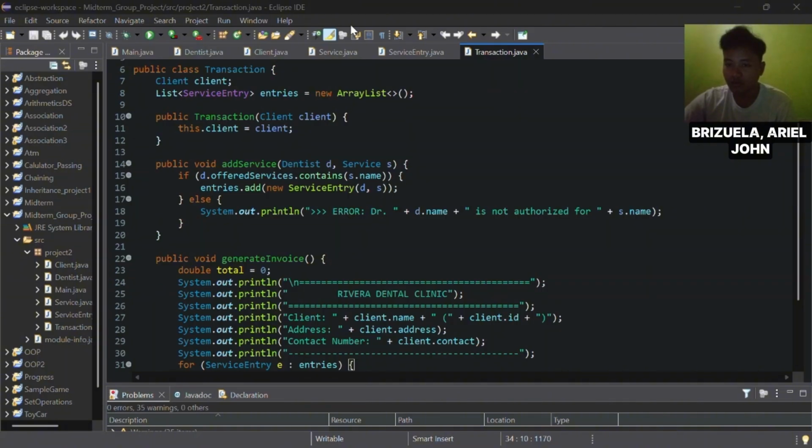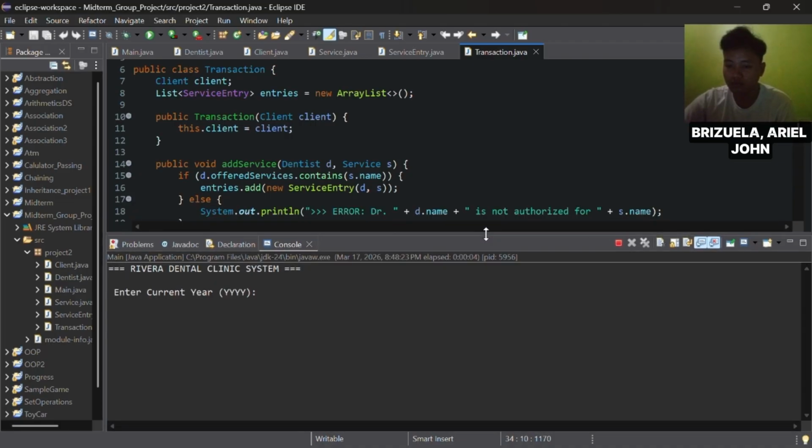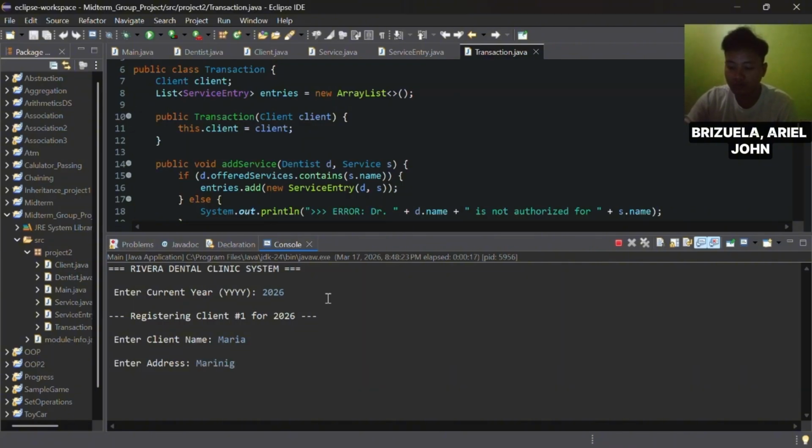So for the demo, if we run the code, it will look like this. We enter the year 2026, client name Maria, address Marinig, and the contact number.